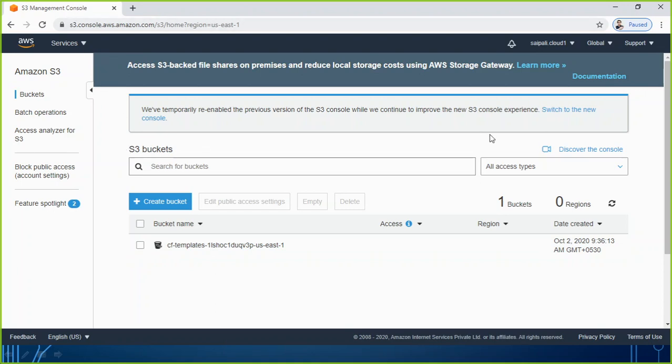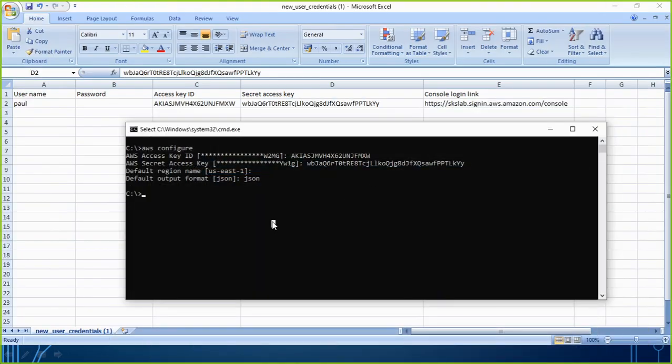From my browser. If you want to perform this same task from the command line, how are you going to perform it? So now we go to the command mode and we can simply execute a command which will help me know how many buckets I have with my S3 service. So let us try to check. If you want to list all the buckets, you can simply execute the command aws s3 ls for list.